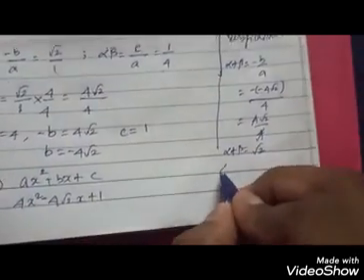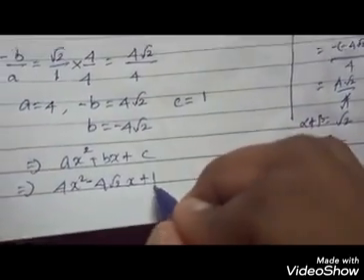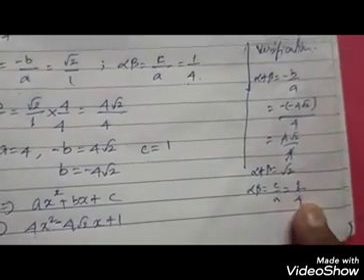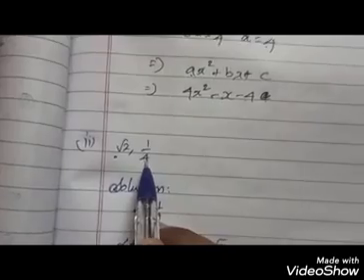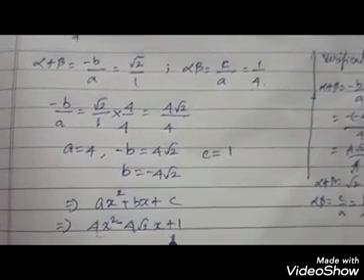And then product of zeros, alpha beta which is equal to c by a. Here the constant is 1. And then a, it should be 4. So directly you get 1 by 4. We didn't simplify anymore. So 1 by 4, you see here. Product of zeros is 1 by 4. So now we find this quadratic polynomial is correct.